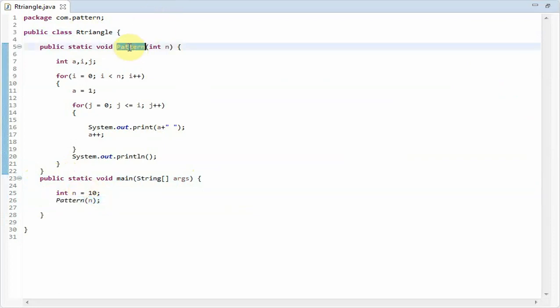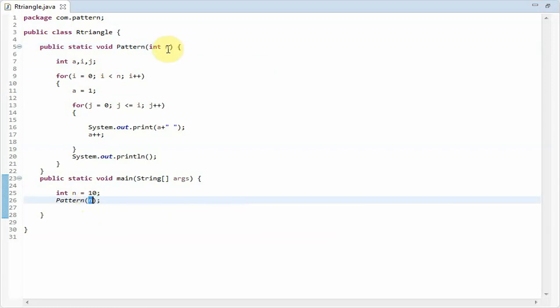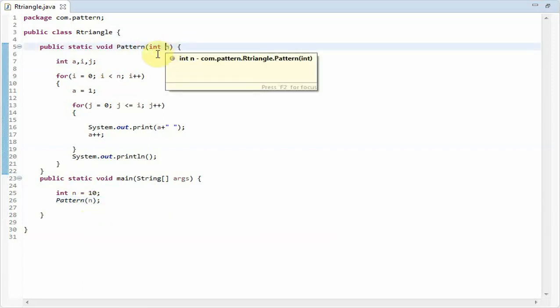In the fifth line, you can see the implementation of the pattern method. It is written as public static void pattern. Public to make that method available. Static to make that method available inside void main, I mean in the main class. Void, it doesn't return any value. We are just printing using System.out.print, so it doesn't return any value. That's the reason for void. And here int n, it is accepting n as an argument. So we are sending the value of variable n into that method, and it accepts the value of 10 into that variable.